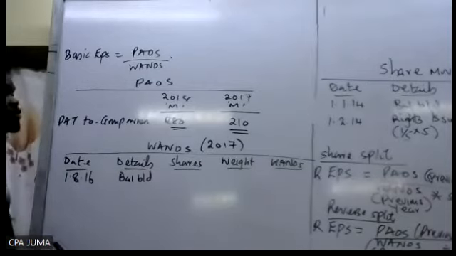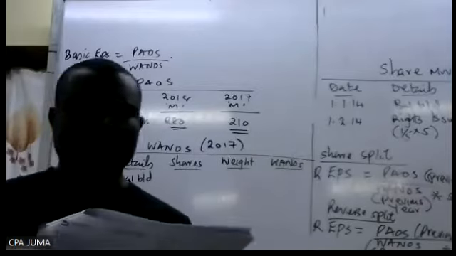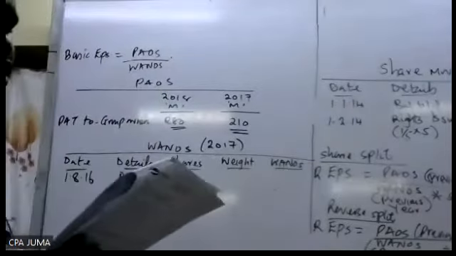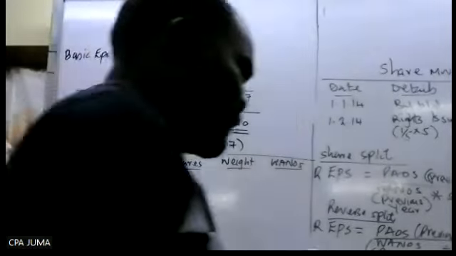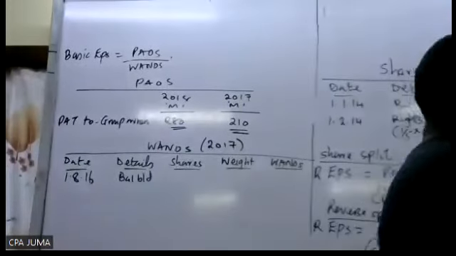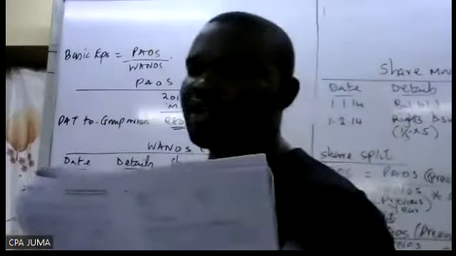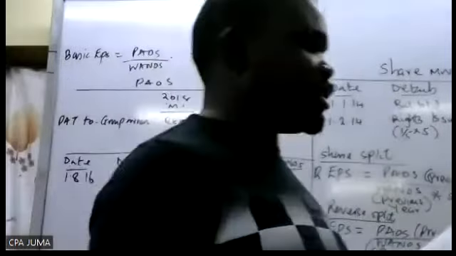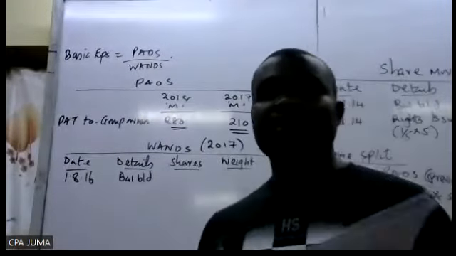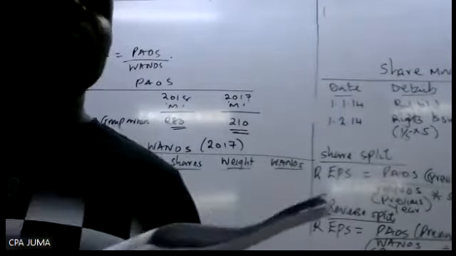So can you check the capital structure? Equity. Check the balance sheet, equity 2017. Are you seeing the equity share capital? How much in monetary terms? Are you seeing the 200? Divide by the par value to get the number of shares. The par value is shilling 0.5. So divide by 0.5 to get the number of shares. You get?